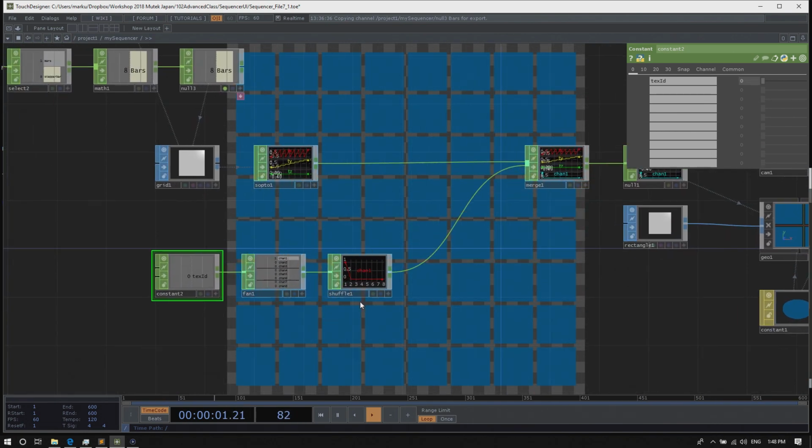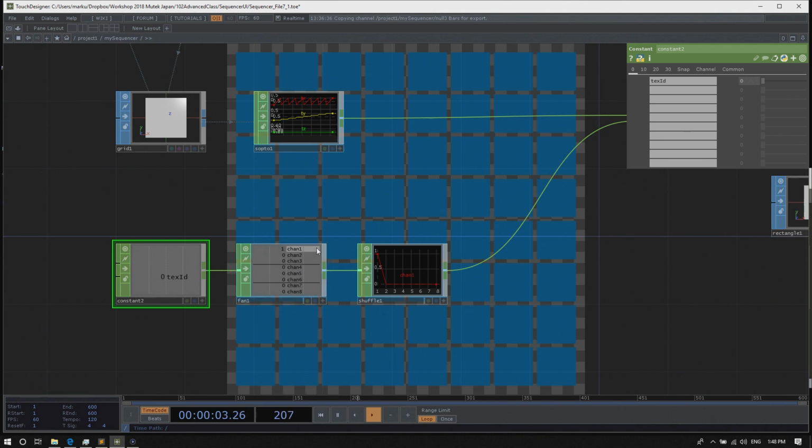Now I only get 8 channels here, but what I need is the same number of channels as I have rectangles, ultimately 64.